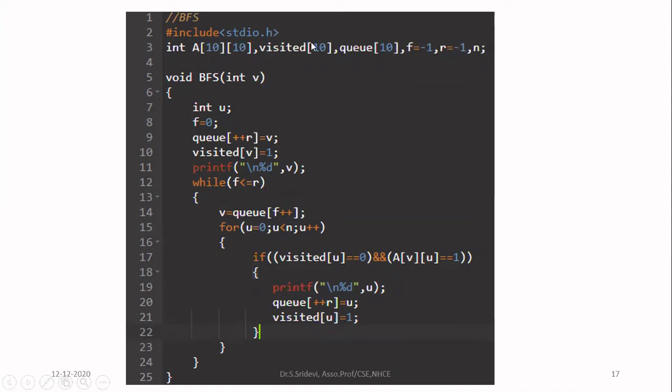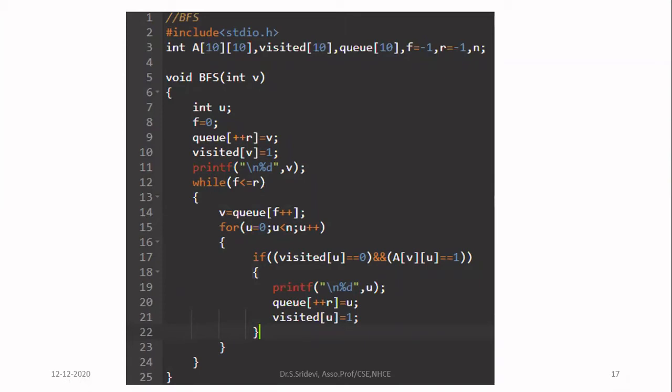I am declaring all these things as global variables. A global variable is something you declare in the global part of your program, that is, in the area before all the functions. If you declare anything as a global variable, you can access it in any of the functions declared in the program, so no need to pass these variables as arguments to the functions.